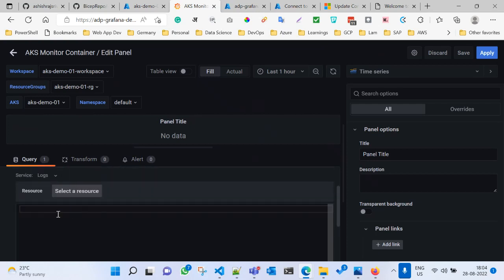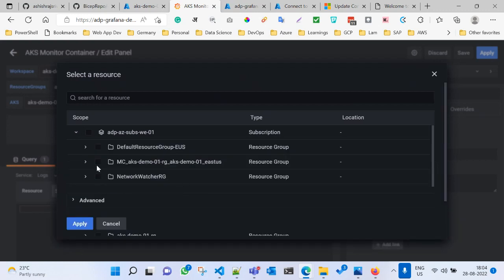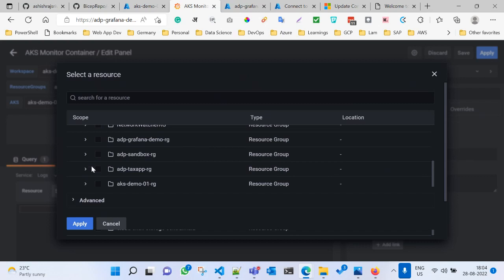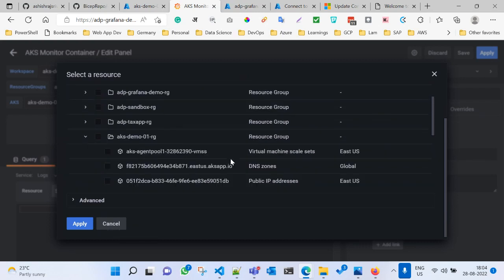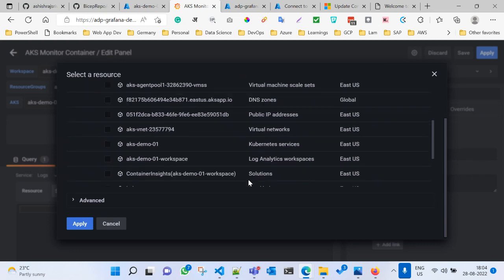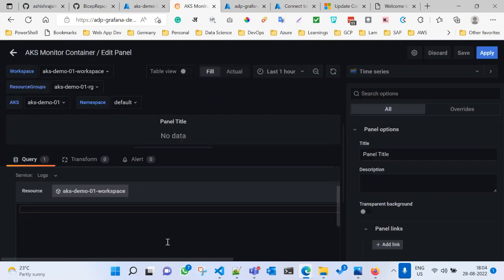And here I will select the resource, again, the log analytics workspace. I can select this, and here also I can see